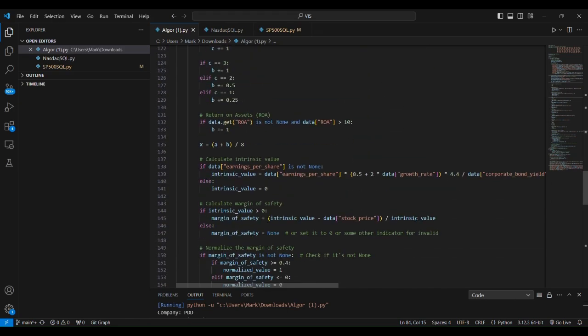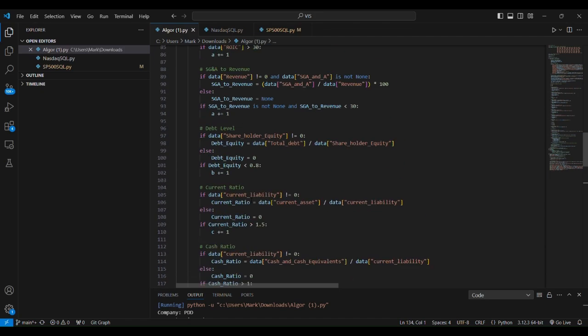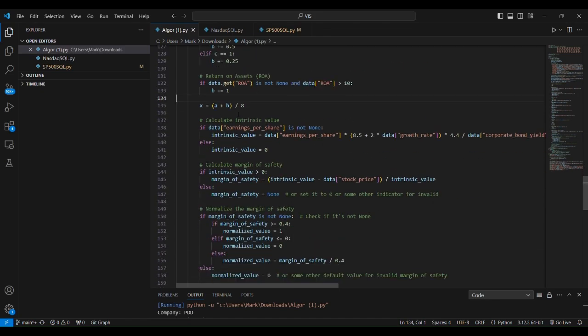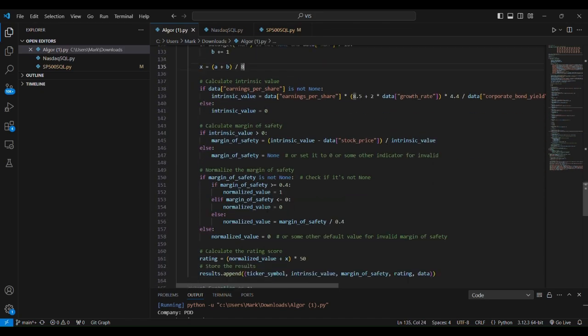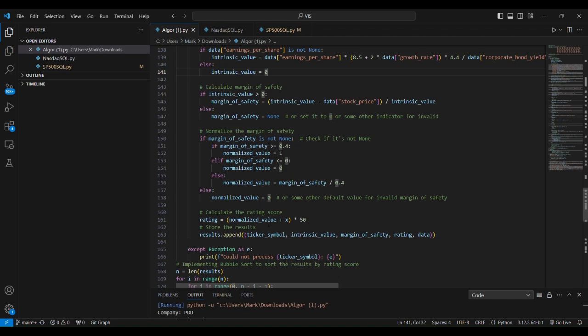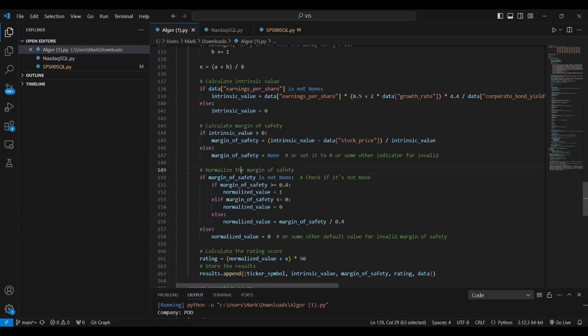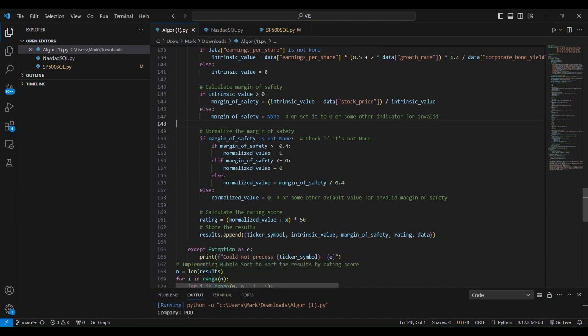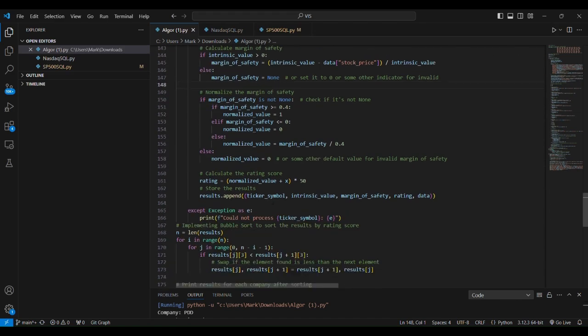So as you can see here, we calculate all the things, then we sum it up and divide it by 8 to get x. Then we use the intrinsic value to evaluate again. So it's gonna be the intrinsic value, and we're gonna use this intrinsic value to calculate the margin of safety we're gonna have on the stock price, and we use that to